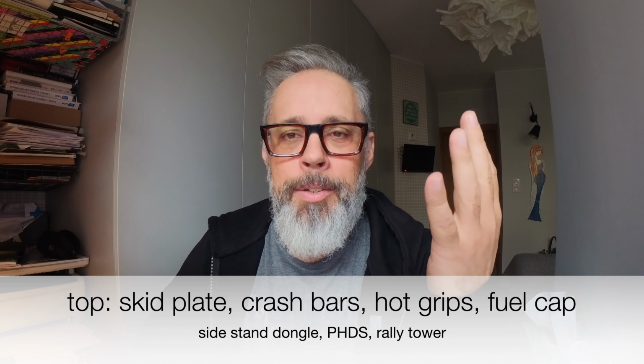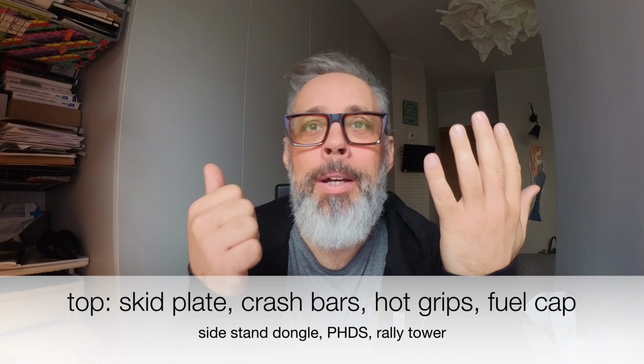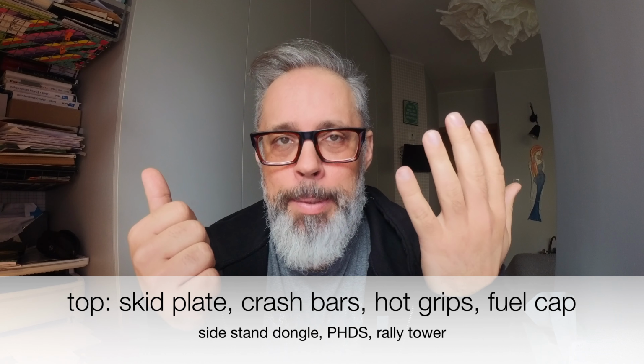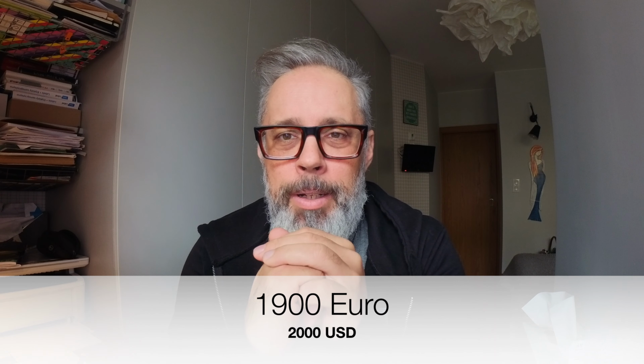Side stand dongle, as this is also a known issue for those bikes, so already five. Progressive handlebar damping system being number six, and a tower for all of the reasons that I have mentioned before in one of the videos. So seven items, and the cost of that would be around, yeah, almost 8,000 zloty, those mods, less than 2,000